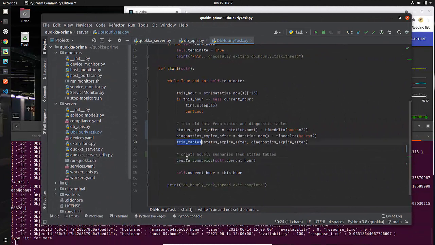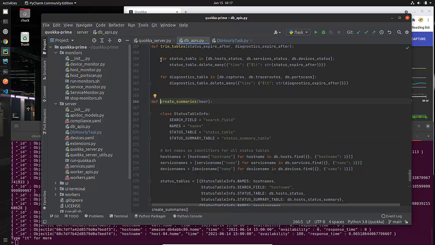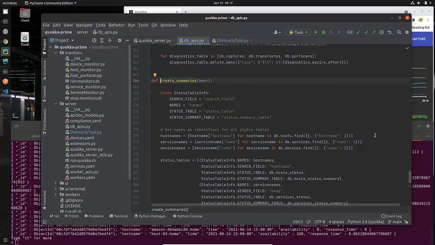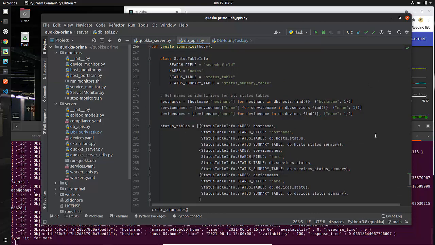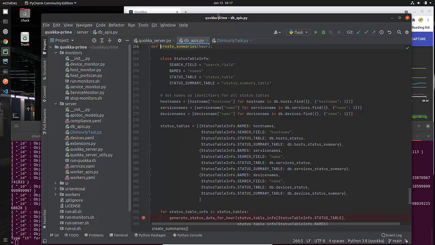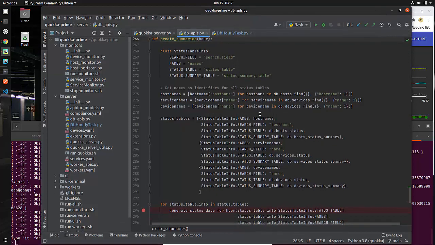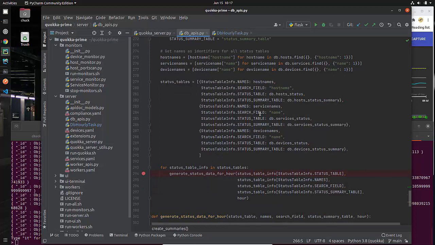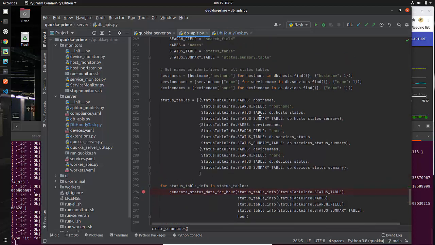Okay, we just talked about trim tables. Now we're going to talk about create summaries. And remember how I said trim tables was really pretty easy and we looked at it? Create summaries technically is pretty easy when you think about all that we're doing, but there is a fair amount of code here, so I did want to warn you about that to begin with. Here is my code for creating summaries, and I'm going to make this as big as possible so that we can see most of this function. It really ends just about there.